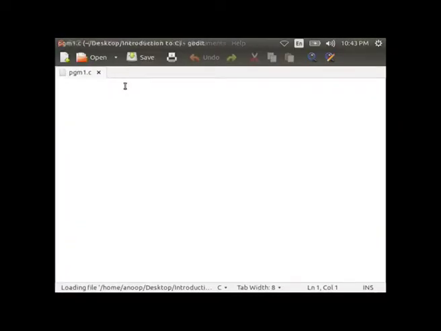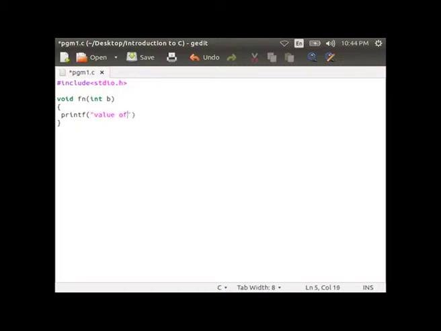Initially, we need to type this program in the text editor. #include <stdio.h> and void fn(int b) within curly brace printf("value of a in function fn equal to %d", b), then close the curly brace. Then you start the main function, int main, then curly brace, auto int a equal to 1, then next curly